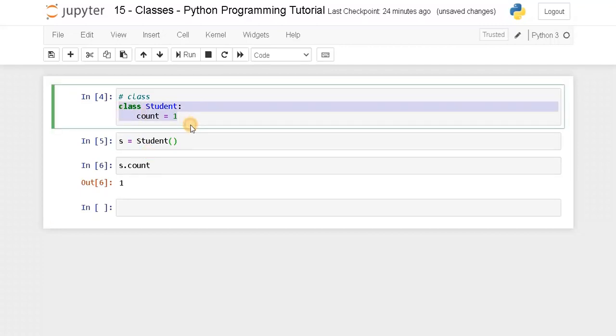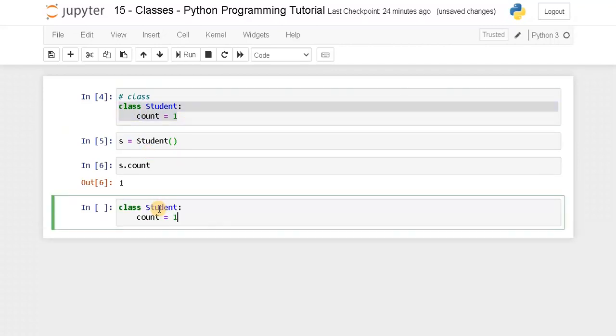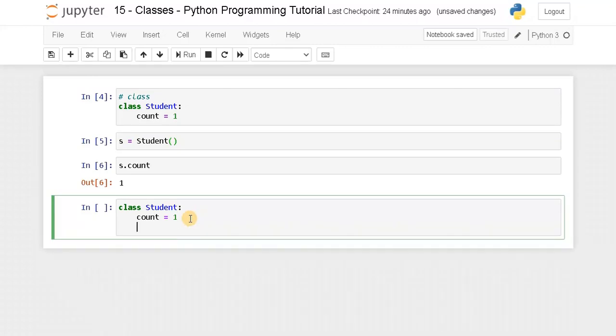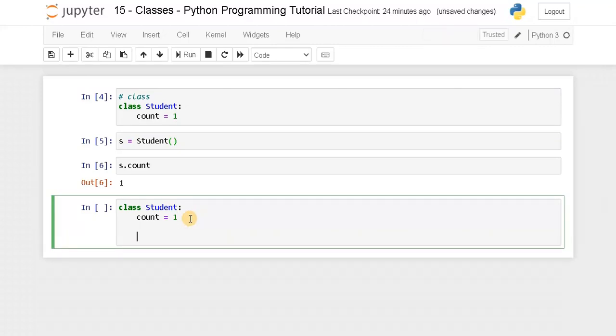So let's use the same class here. Now we are going to define a constructor. Def double underscore init and again double underscore. In the argument you need to type self. Self is equivalent to the this pointer in some other languages like C or Java. So this self variable is a reference to an object. If we create an object s, it will be referenced as self.